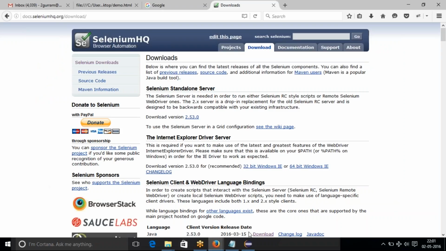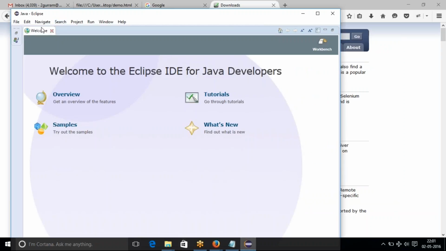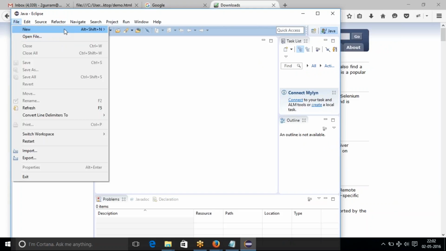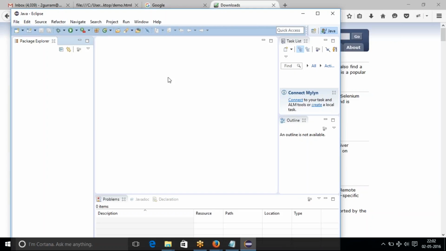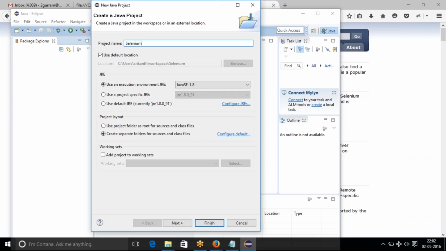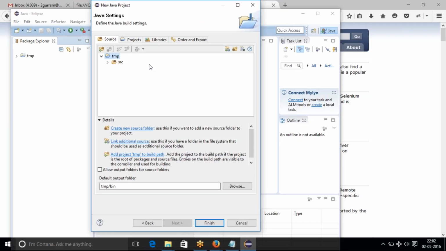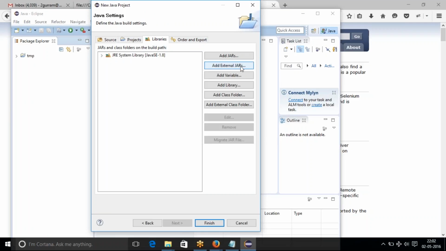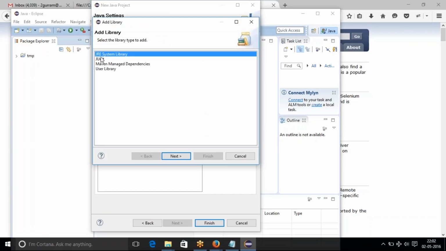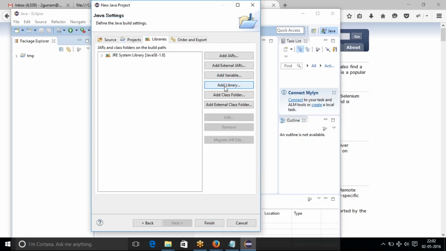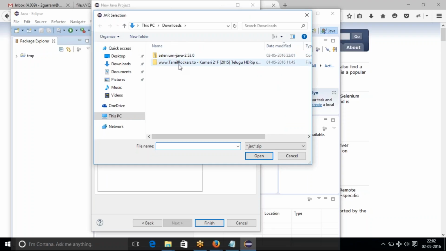Okay, now I downloaded Selenium. First I have to create a Java project. So new Java project, because I lost my projects. Okay, I select them because I already have one project. Go to libraries, add library. I don't have JUnit. So it will start testing. So add external jars. In the external jars,